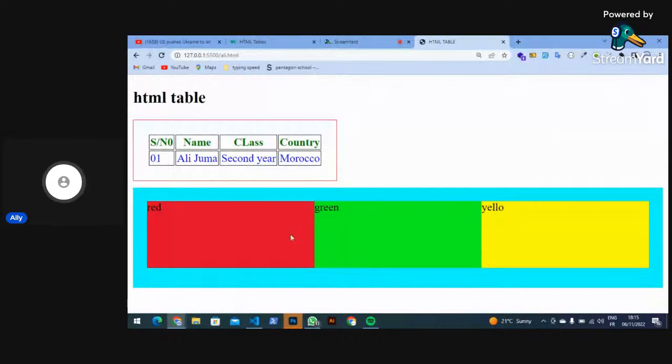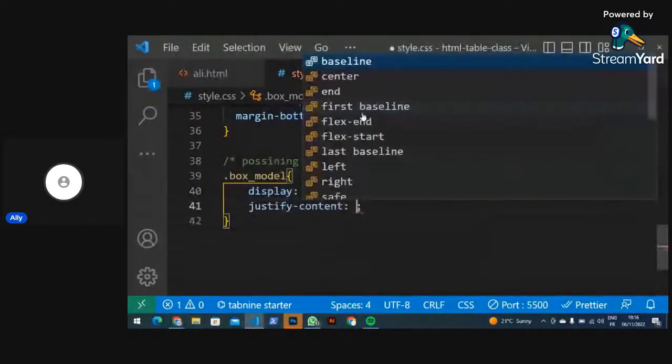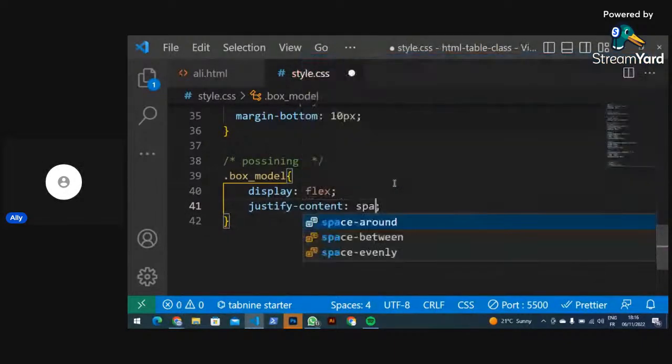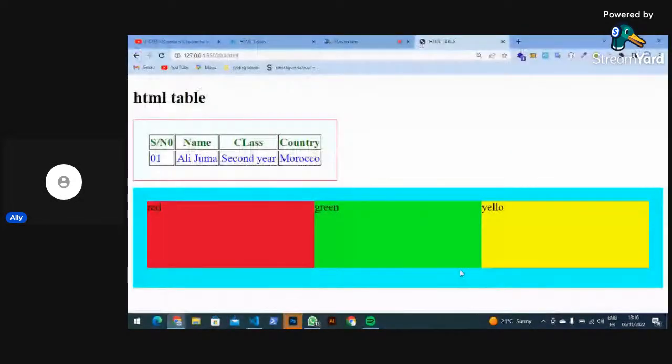But still we have a challenge. It has gone into a row, but it's still very close, attached to each other. How do we separate these from each other? First of all, let's try justify content with the word space between. What will happen? Here we can see